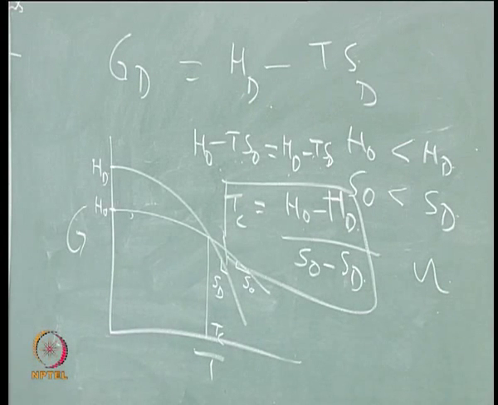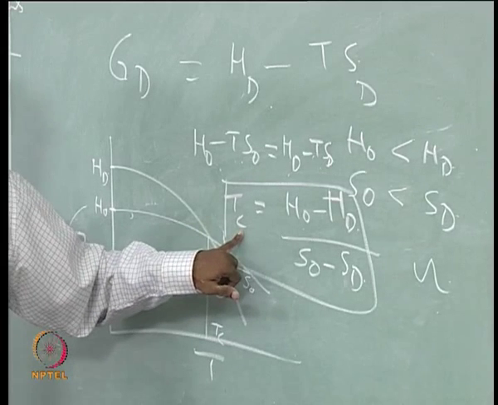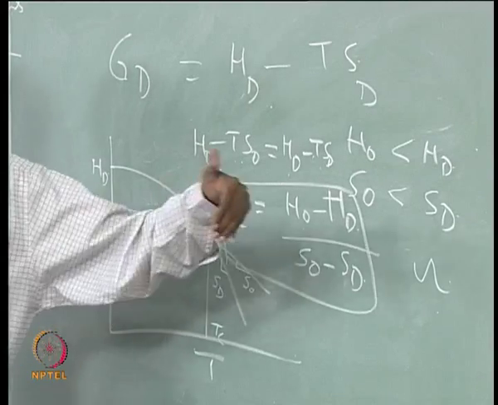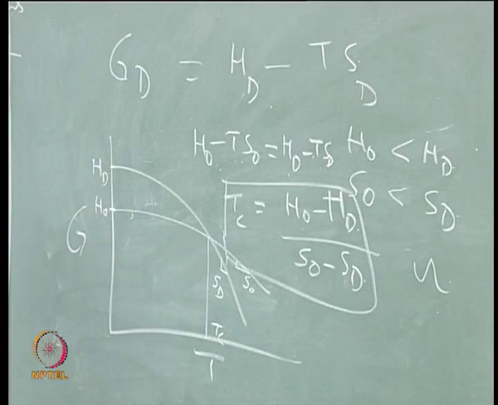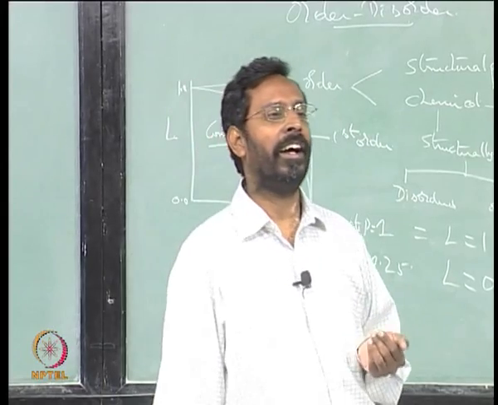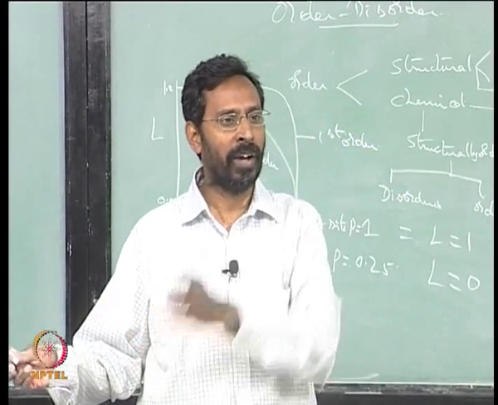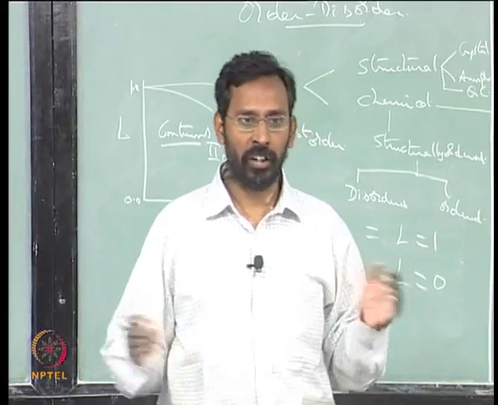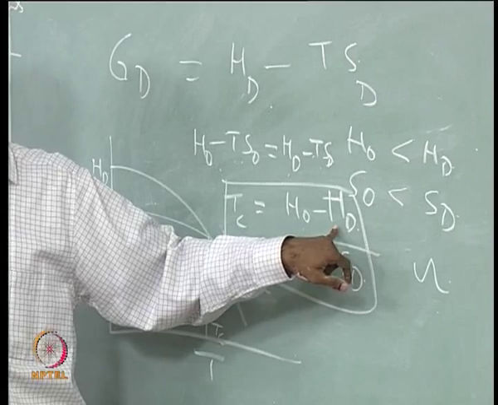So the larger the interaction parameter between the A and B, the more negative the interaction parameter is, the higher will be the Tc. So the order disorder transition temperature would be higher if this difference is higher. If I treat a disordered structure as that where the interaction parameter is 0, because in principle we can take it as an ideal solution, it is a disordered structure, the A and B have no preference, they are all sitting everywhere. So I can call a disordered structure almost like a solution which will have the interaction parameter close to 0, and that is why isomorphous kind of phase diagrams you get when the interaction parameter is 0, where liquid gives you solid, which is chemically disordered, structurally ordered of course. So Hd basically is close to 0, H of the disorder,